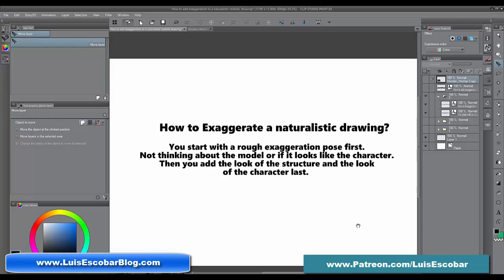Here's the answer to the question. You start with a rough exaggeration pose first, not thinking about the model or if it looks like the character. Then you add the look of the structure and the look of the character last. I totally wrote this sentence completely messed up, but the point is that you don't worry about putting the character on model